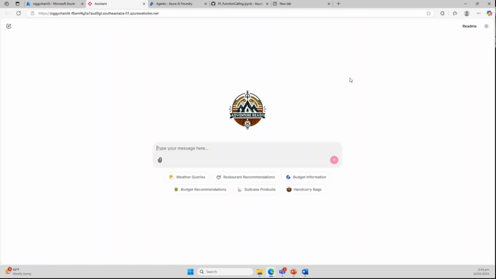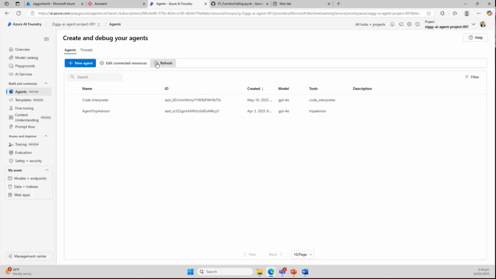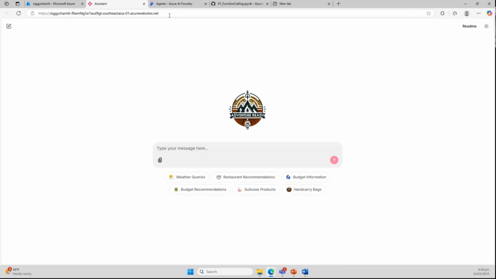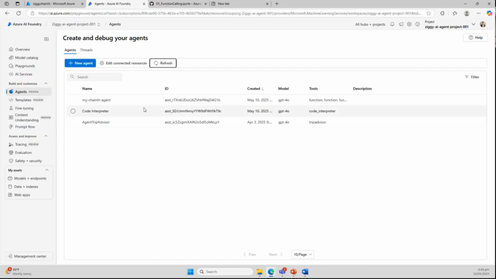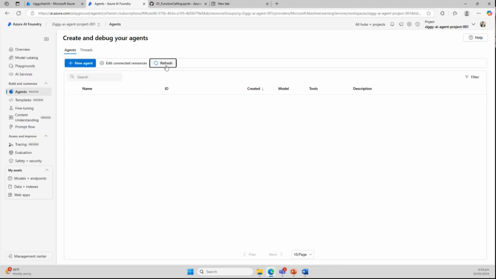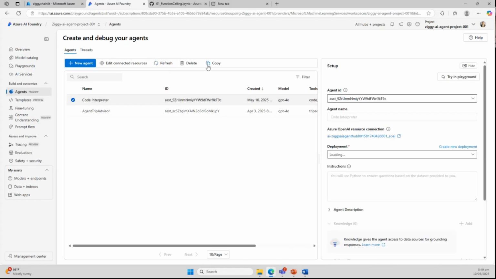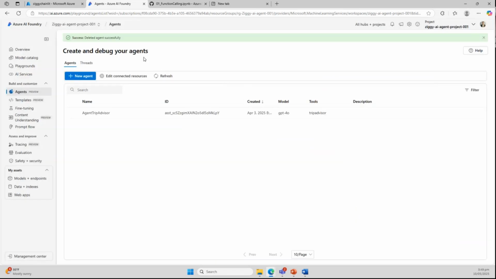Upon opening here, you'll see under AF Foundry my Chainlit agent. And then upon closing, it will delete it. And it's gone. So it gets deleted. Let me just delete this code interpreter as well so that I don't incur any more cost. So that's how we should manage all of these things.